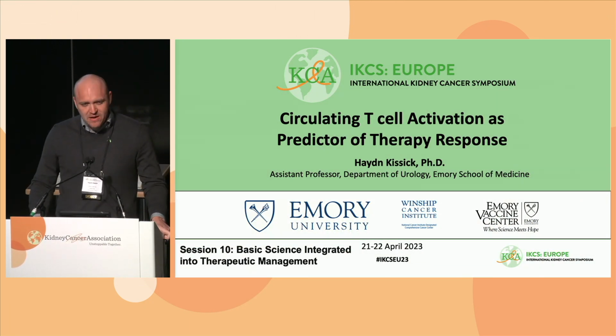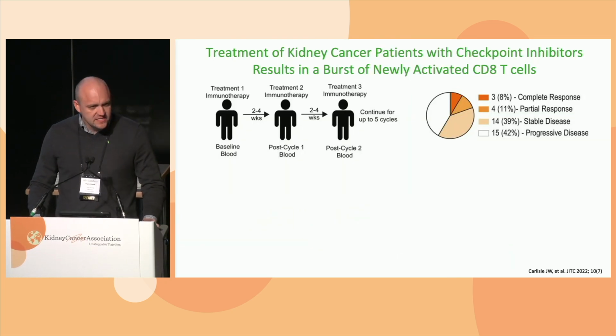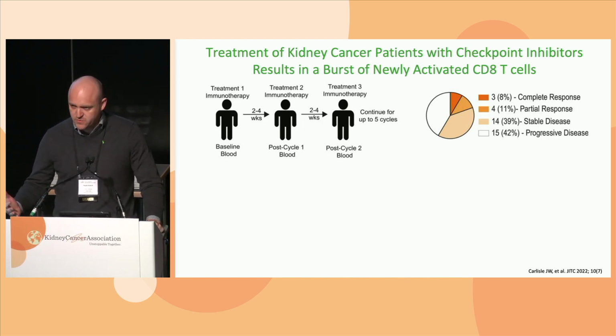I'm going to talk a lot about what's happening inside the tumor as well, but the main take-home message here is that very quickly in the blood after immunotherapy, you can learn a lot about whether a patient is going to respond or not. This is a small group of patients we were just studying, and I think you've probably all seen a cohort like this before: 40 patients, 10% complete response, 20% have some sort of partial response, and half of them maybe no response at all.